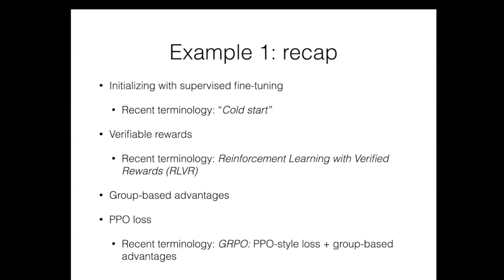You will also see, as I mentioned, RLVR for reinforcement learning with verified rewards, the group-based advantage, and the PPO loss, as well as some other specific decisions. That'll be called GRPO. So again, this refers to using this PPO style loss, using the group-based advantages, and